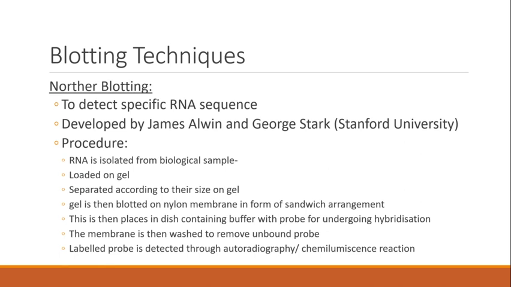Because we do not want extra probes to be identified under the microscopic observations. So after these are removed, you label the probes which have shown binding to complementary sequences. Now under chemiluminescence reactions or autoradiography, you have the identifiable sequences under microscopic observation, or there are different machines and software that can easily identify these probes. So that is how you identify RNA sequences through Northern blotting.